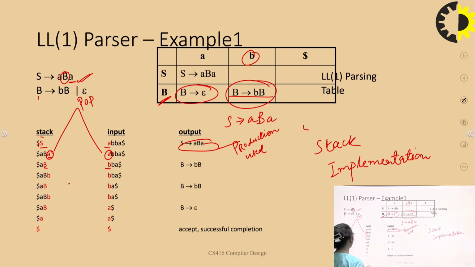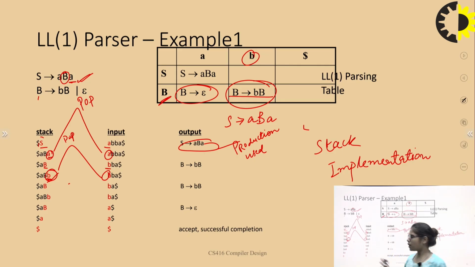With the place of capital B I replace this production. That's why here capital B, small b and capital B are there, and we need to write this in the stack. And again I'm comparing this and this. Again these both are similar, small b and small b are the same. Then again I need to pop this and the cursor is moved to the next pointer, the next token.